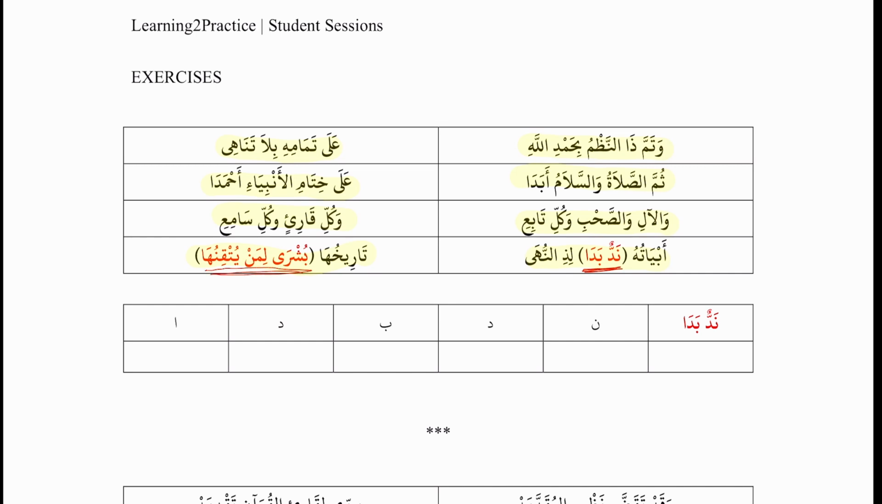بشرى لمن يتقنها. Its completion is بشرى لمن يتقنها. And this has a meaning, but we don't want to look at the meaning. We want to look at the numerical value. So it's here, if we go back to here,